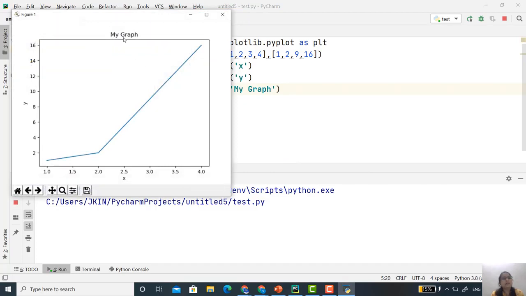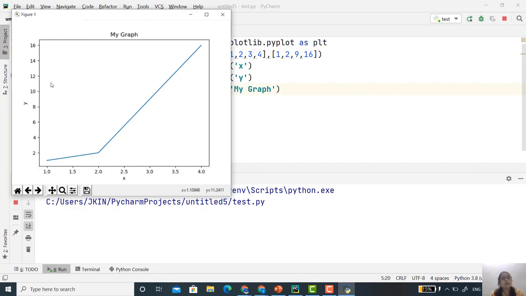See here, the title is displayed, that is 'My Graph'. So this is the way you can make your graph more informative. You can label your x-axis, your y-axis, and then give some title to your graph.